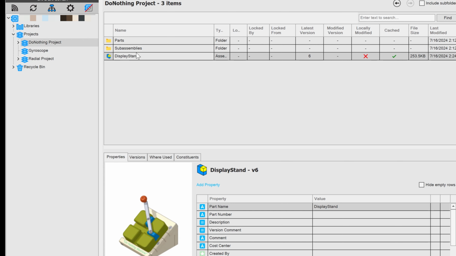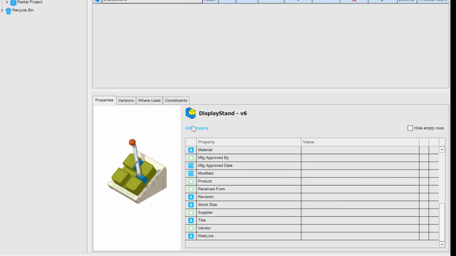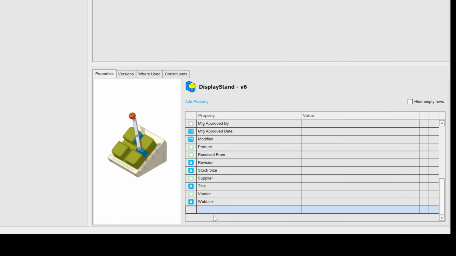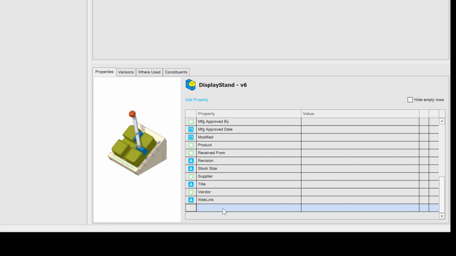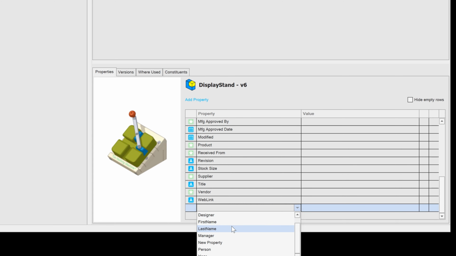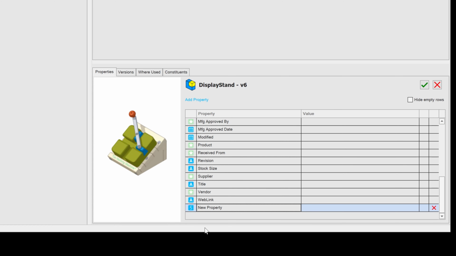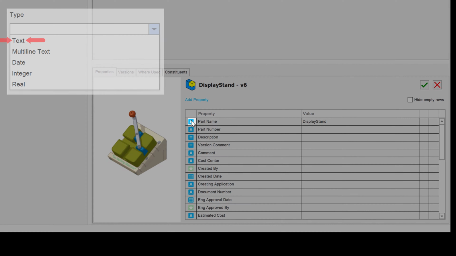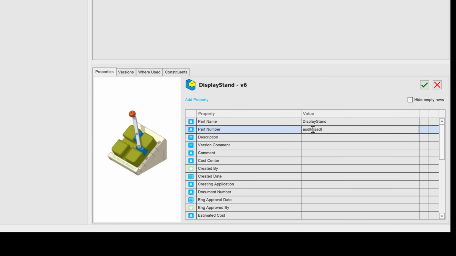And now let's take a look at what I have created. For my display stand, I can choose Add Property here, and a new property shows up. And I can choose from the drop-down list what property I'd like to add, and of course I'm going to choose my new property that I just created. So we're going to see a few things here. First, we have different types. We have this little A right here, which is text. This allows me to put in characters as a string of text, and then hit the green check,